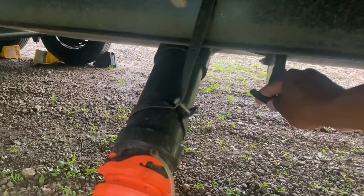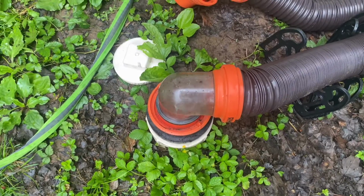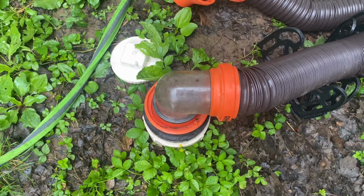Okay, this is the 3rd time that we're opening up the tank. Again, you can hear the rush of water coming out. What you want to see, it's all clear. I made sure it was clear before I started the video. You want to make sure that it's clear. Okay, at that time, it was all clear, but I'm going to do it one last time just to ensure everything, and for purposes of this video. You never rush, you take your time, and everything will be clear, and your RV will be lighter as you're